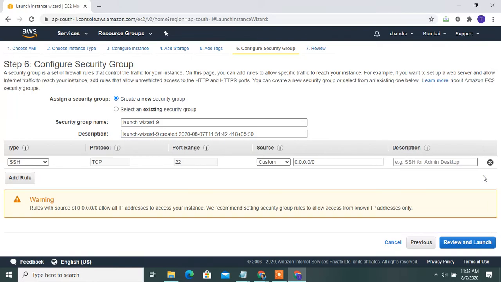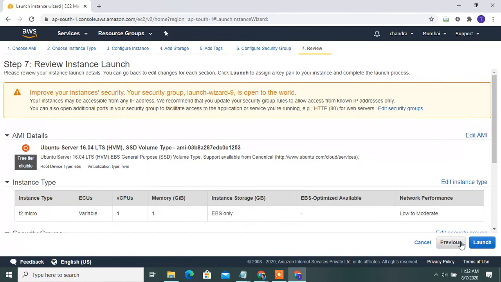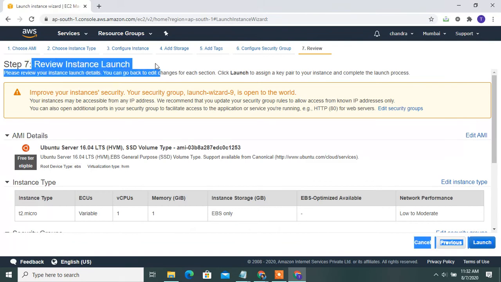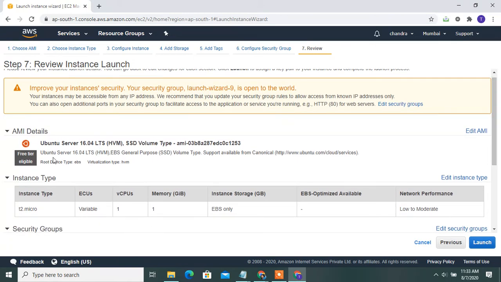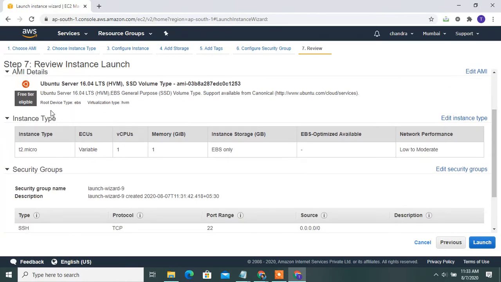After that, I will add this. Okay, next is go to review and launch. See, step 7 is review and launch. Once all cases are done, check here: go to the AMI, select the AMI Ubuntu, and Freestyle project. Then for instance type I will select t2.medium.